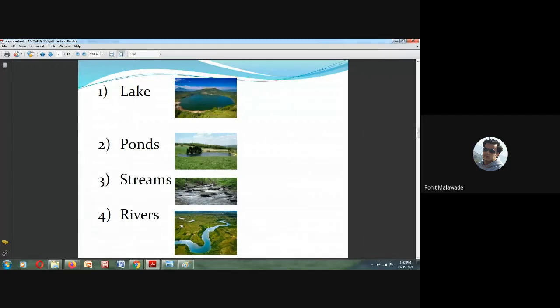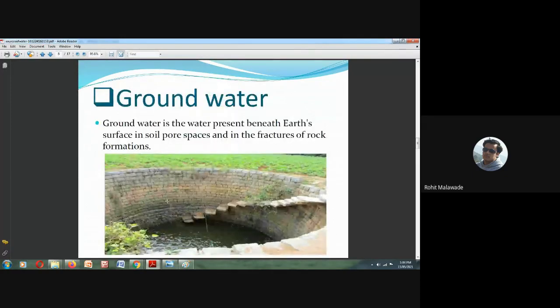as well as, if you wash anything, due to the continuous movement there will be a good amount of oxygen supply in this kind of water. But again, we cannot drink this water; it has to be treated. We cannot drink any form of water. We can use lake and pond water also, but it should not be polluted. Rivers we can use to a larger extent, but it has to be treated before we use it. So this is the surface water.